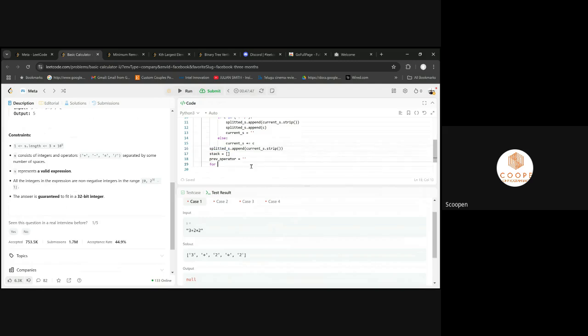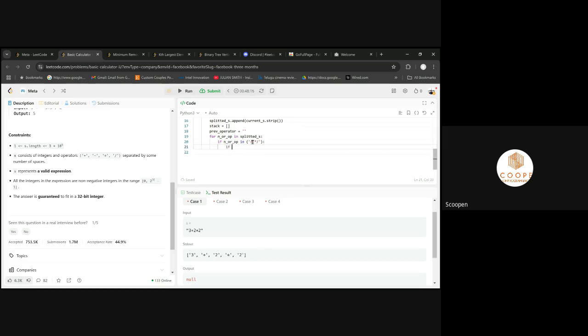Whatever that number or operator in splitted s. If it is an operator, that means